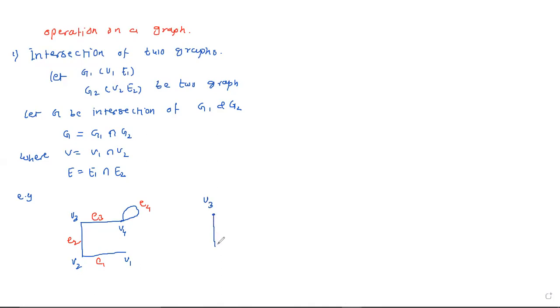Okay. And this is V2. Okay. And we have V1 also. Okay. So there is one more vertex, V5. Okay. And we have an edge like this. Okay. And here between V2 and V3, there is E5. Now actually here between V2 and V3 there is E2, and here between V2 and V3 we have E5. Okay.